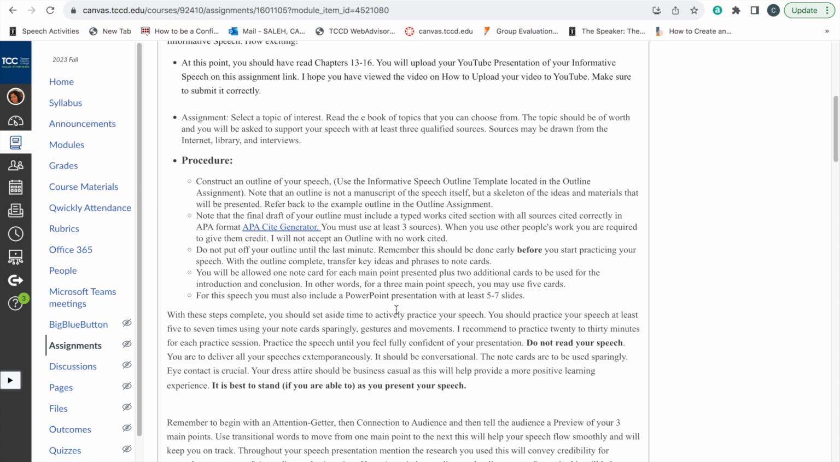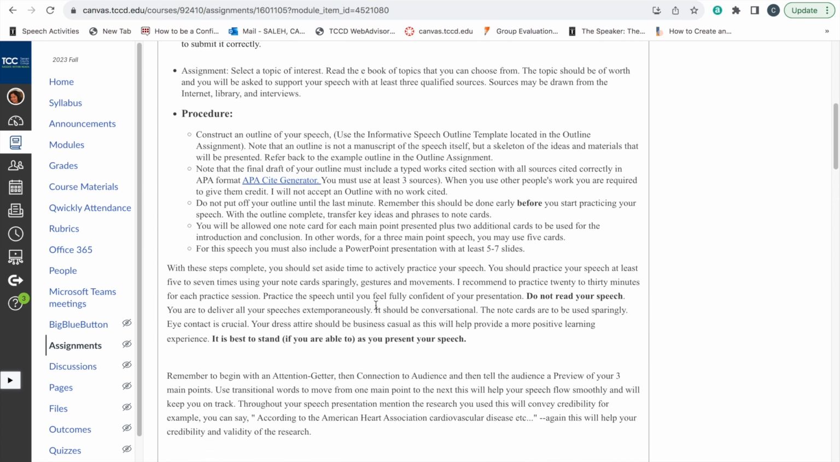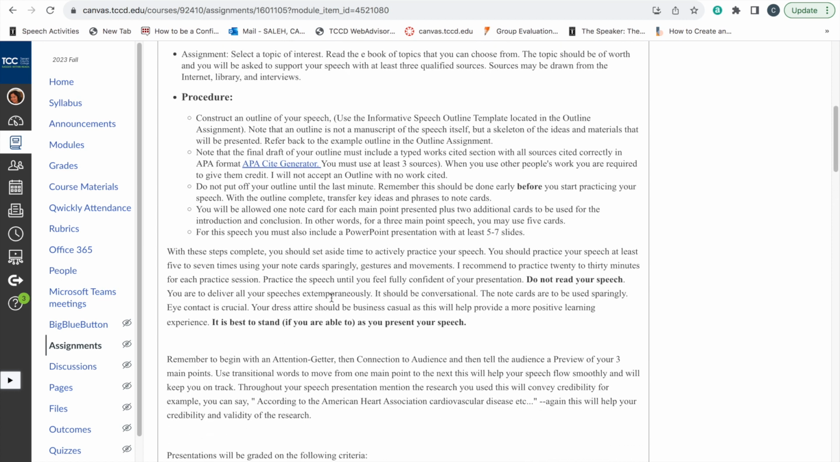And I will go over the outline after this, and you'll be able to understand this more. For this speech, you must include a PowerPoint presentation with at least 5 to 7 slides, and you also cite your sources on the PowerPoint. So with these steps complete, you should set